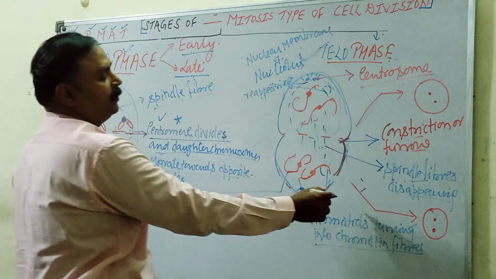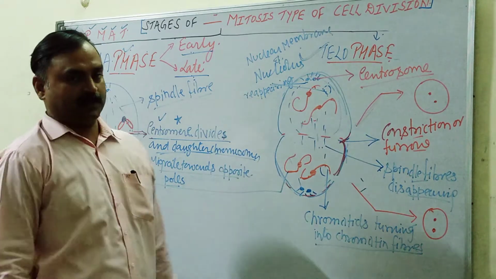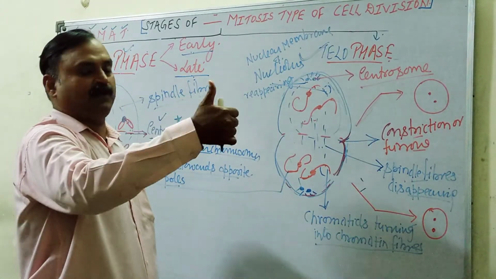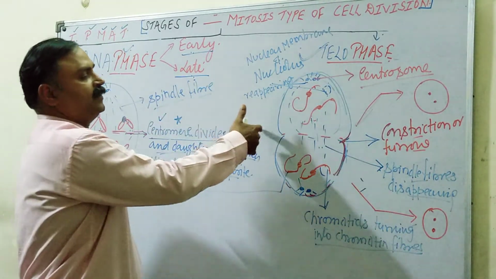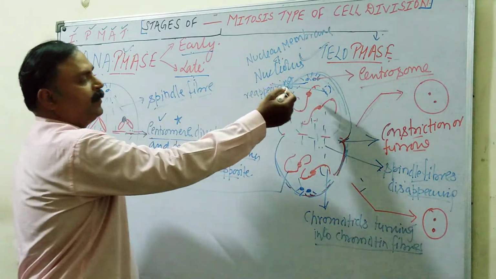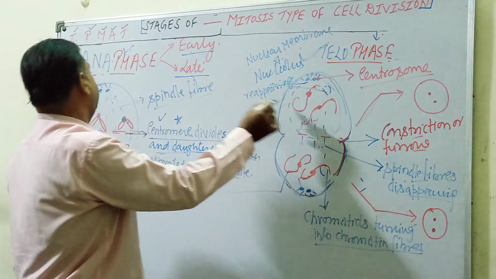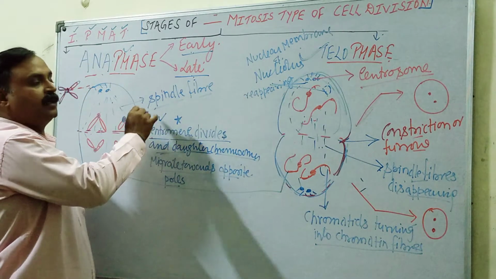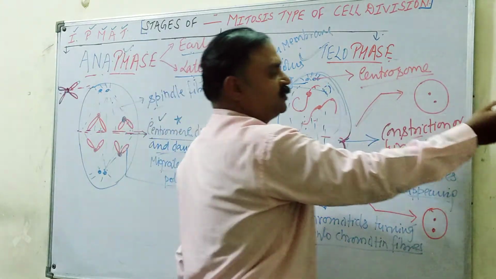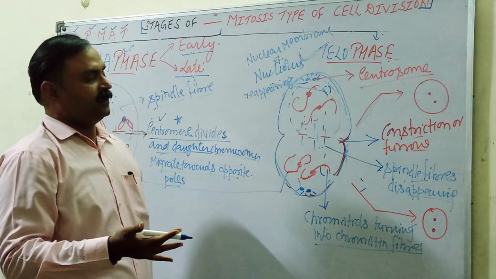But you have to remember in your exam only one or two features are asked. As I told you, the first question will be identify the given stage, name the stage and label parts 1, 2, 3, 4 and so on. Name the stage which is prior to this stage, name the stage which follows this stage and give the feature of those stages. Isn't it?